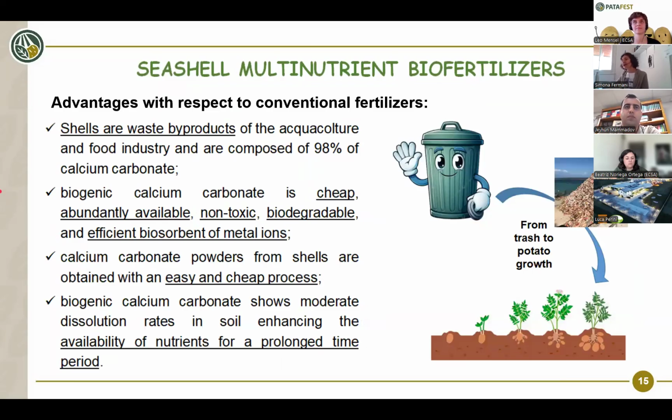So concluding, which are the advantages of this multi-nutrient seashell biofertilizer with respect to conventional fertilizer? First, that we can use in this way a waste byproduct, which are shells, that is a waste product of the aquaculture and the food industry. And I remember that they are composed mainly of calcium carbonate. So they are a very good source of calcium carbonate